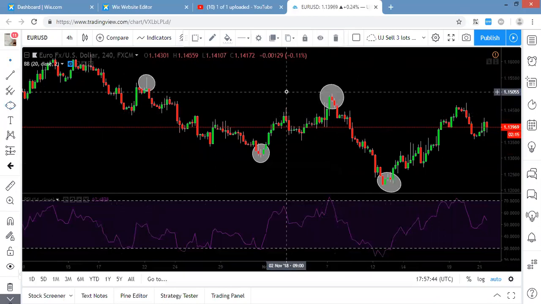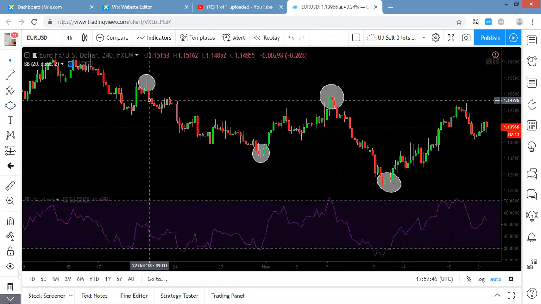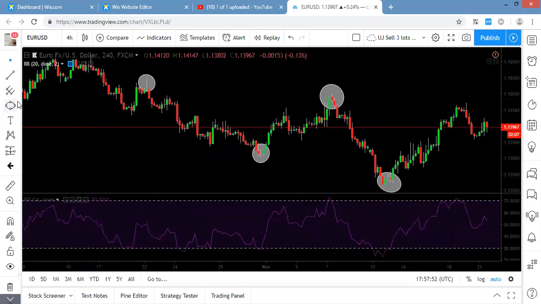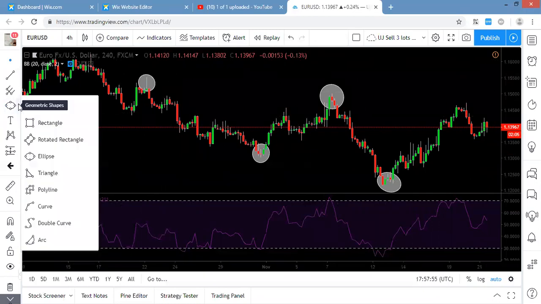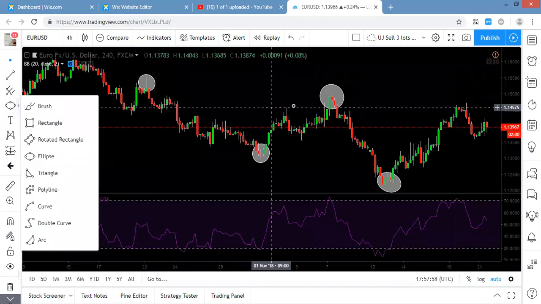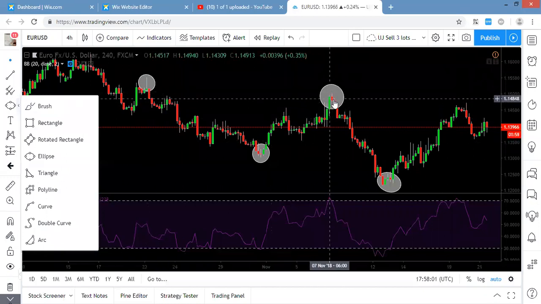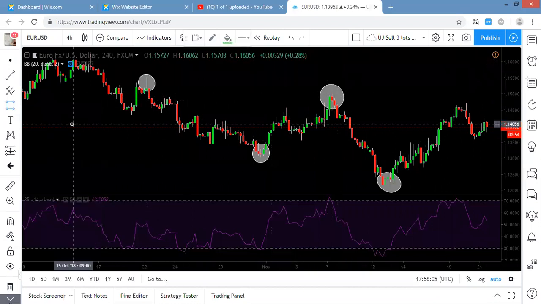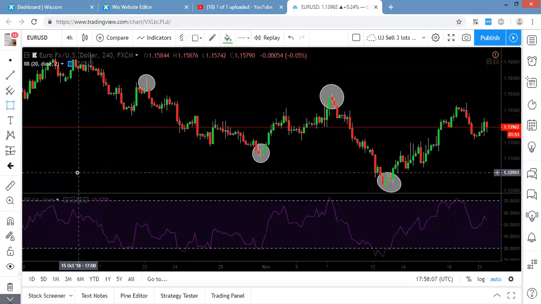Okay, so that's a handy tool. I use ellipses all the time. It's up to you if you want to. It's not a requirement. You don't need to use them, okay? But I like to use them visually to represent different areas, and when a candle touches a zone and where that occurs, okay? And then a rectangle is a great tool that I use to draw support and resistance,